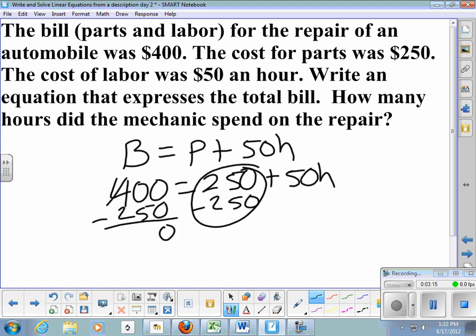I have to borrow. So 100 minus 50 is 50. 3 minus 2 is 1. So 150 equals $50 per hour. So the labor was $150, and at $50 an hour,